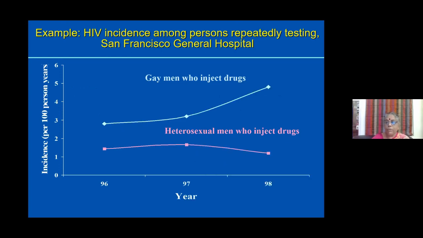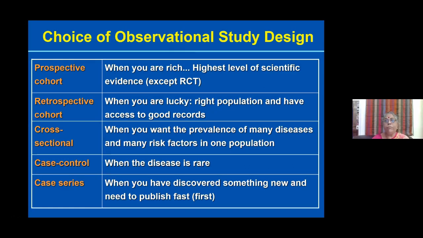So now, choice of observational study design. I start from the lowest to the highest. So I start with case series. When you have discovered something new and you want to publish it first and fast, then you choose case series. When the disease is rare, your easiest choice would be case control studies. When you want the prevalence of many diseases and many risk factors in one population, you do a cross-sectional study